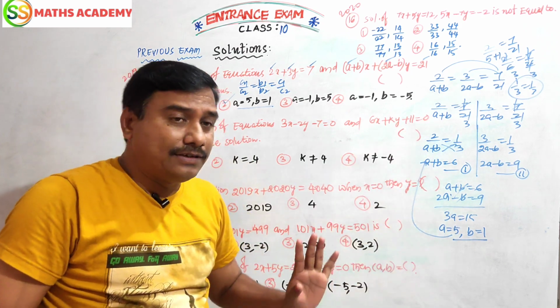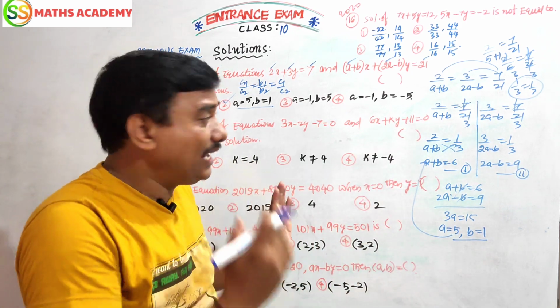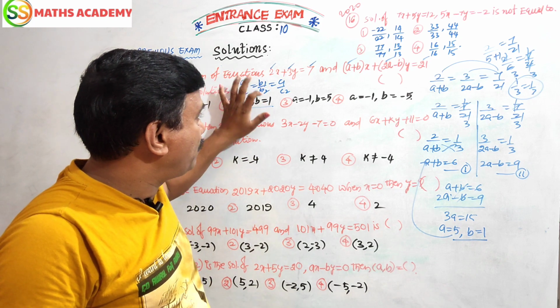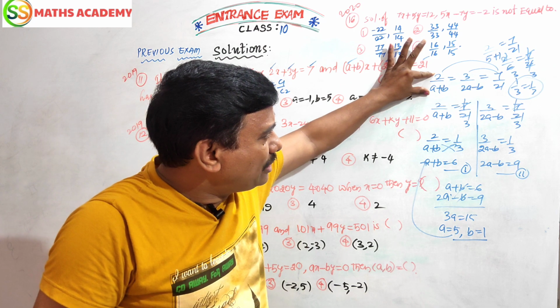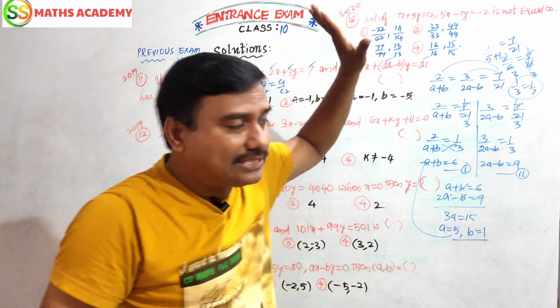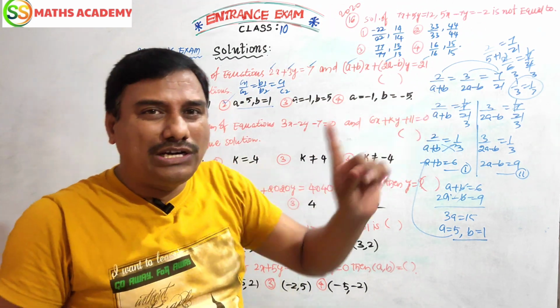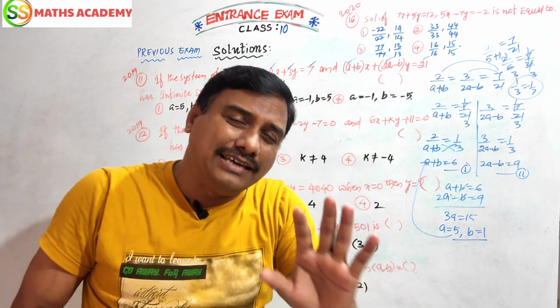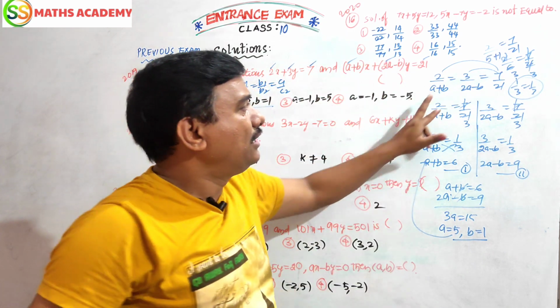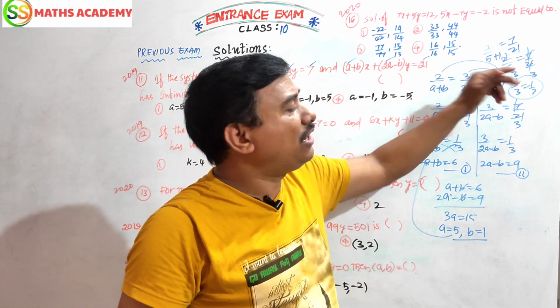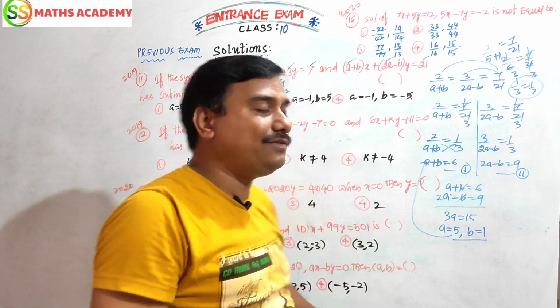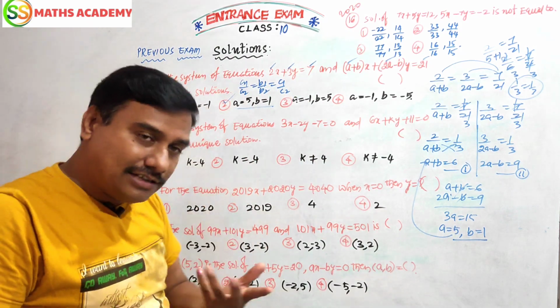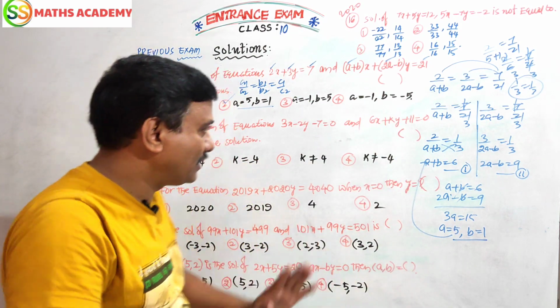No need to do this one. What I have done, once again I should say, you should substitute a1 by a2, b1 by b2, c1 by c2 in 2 by a plus b equals 7 by 21. Here all are negative signs, only one positive option is there, b. That value you substitute here: 5 plus 1 is 6. 2 by 6 value is 1 by 3, 7 by 21 value is also 1 by 3. Both are tallying. That is the reason we are choosing this option. Or else we can solve by this method also. Next.